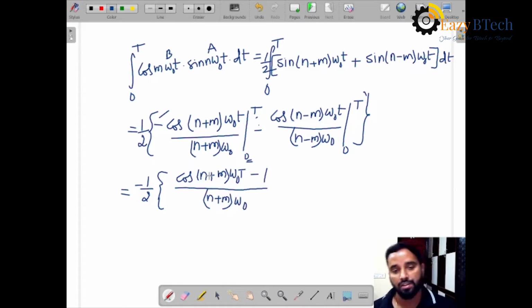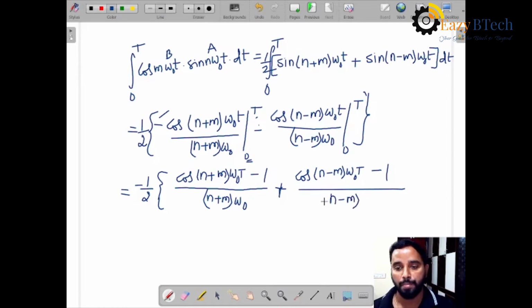So this is the first term, limits substituted, plus here also the upper limit is capital T, so (n minus m) omega naught into T, minus the lower limit 0, cos 0 which is equal to 1, so I am writing 1 directly, divided by (n minus m) omega naught,